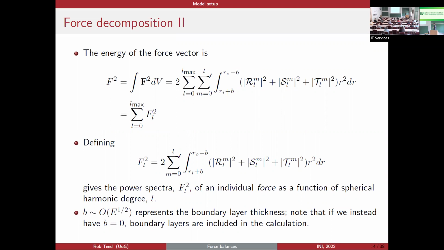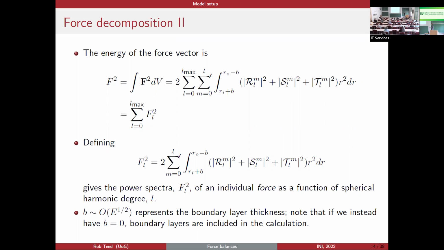That's what we do for each force. This involves integration over the radial domain, and effectively integration over the azimuthal domain as well. So you can choose whether to include boundary layers and such things. This integration can include a boundary layer or not,